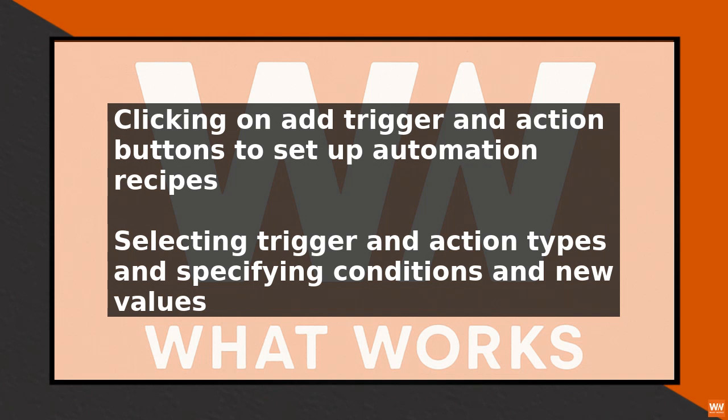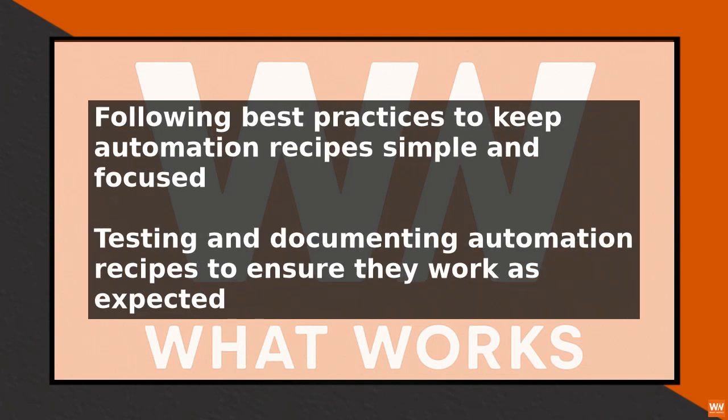Best practices for automating Monday.com Customize column include keeping your automation recipes simple and focused on a specific task, testing your automation recipes thoroughly to ensure they are working as expected, and documenting your automation recipes so that others can understand how they work. By following these steps and best practices, you can automate Monday.com Customize column to streamline your workflow and increase productivity. This will save you time and effort in the long run and allow you to focus